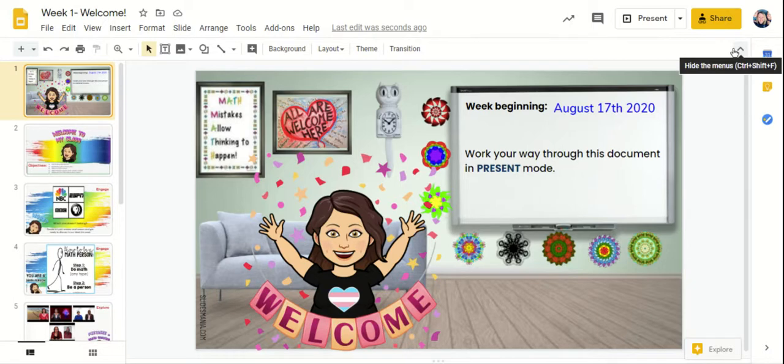And you've been working so far through these slides. We call it a hyperslide or a hyperdoc because it links to lots of different things. So every week there'll be slide number one, and it'll look similar to this. I'll have the date up here, anything to note here, for example, just to always make sure it's in present mode. I may even share it in present mode to make that easier. But either way, this is just kind of an intro slide.